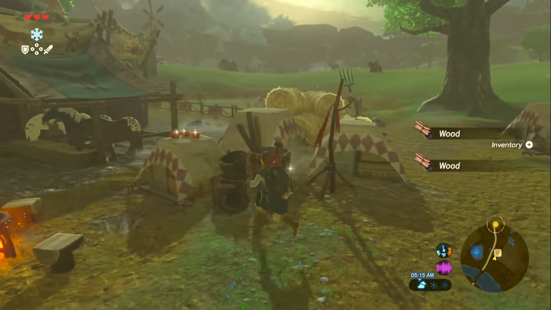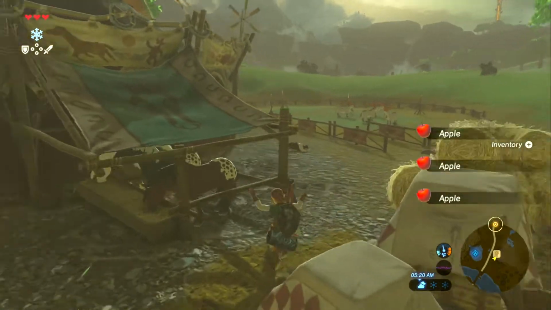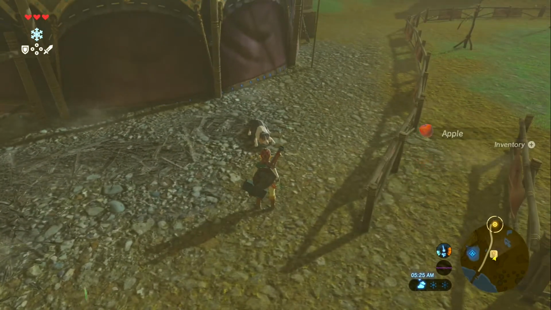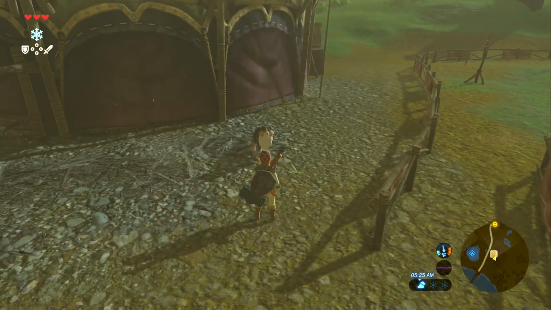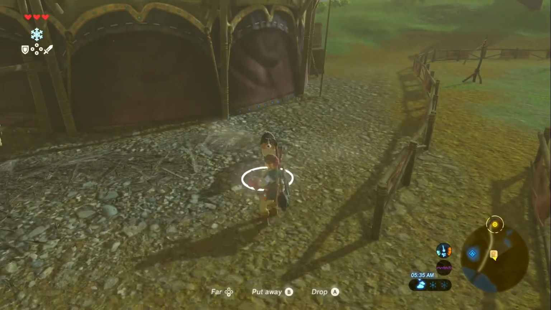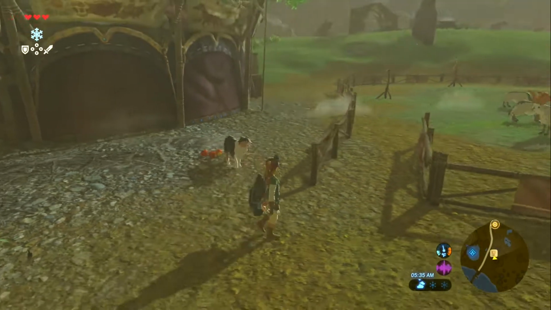After you are done cooking, go ahead and grab the apples here and head over to the dog behind the stables. What you want to do is actually face him, look at him for a while until you see a little pink cloud appear around his face, indicating that he's endeared to you. After that, go ahead and feed him any 3 pieces of food like apples or meats, and wait for him